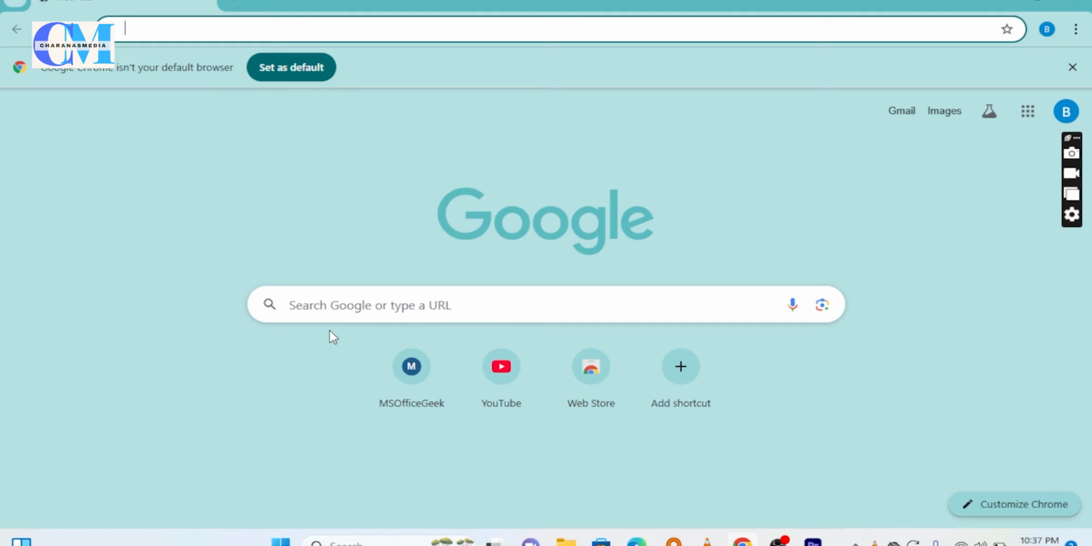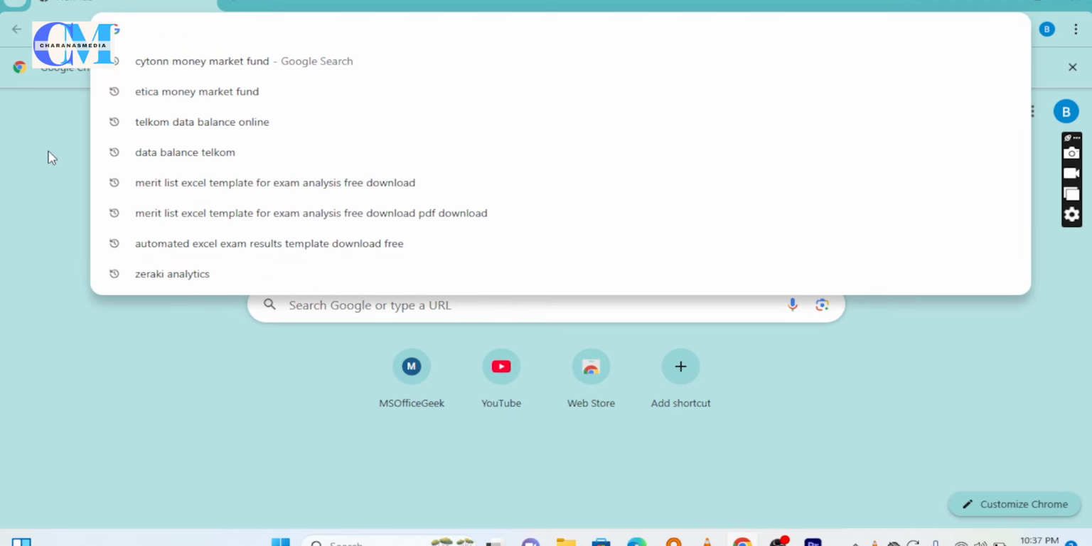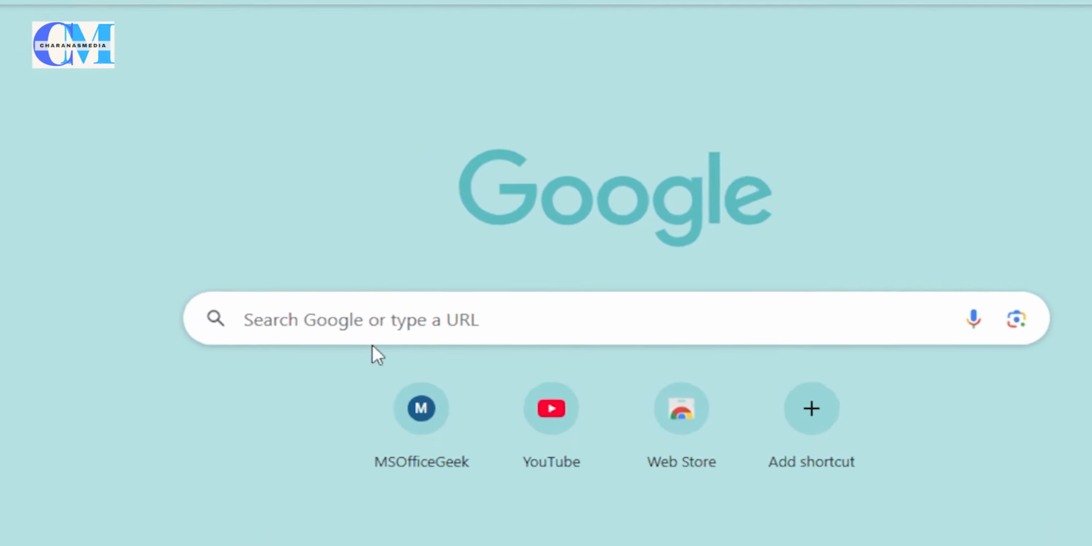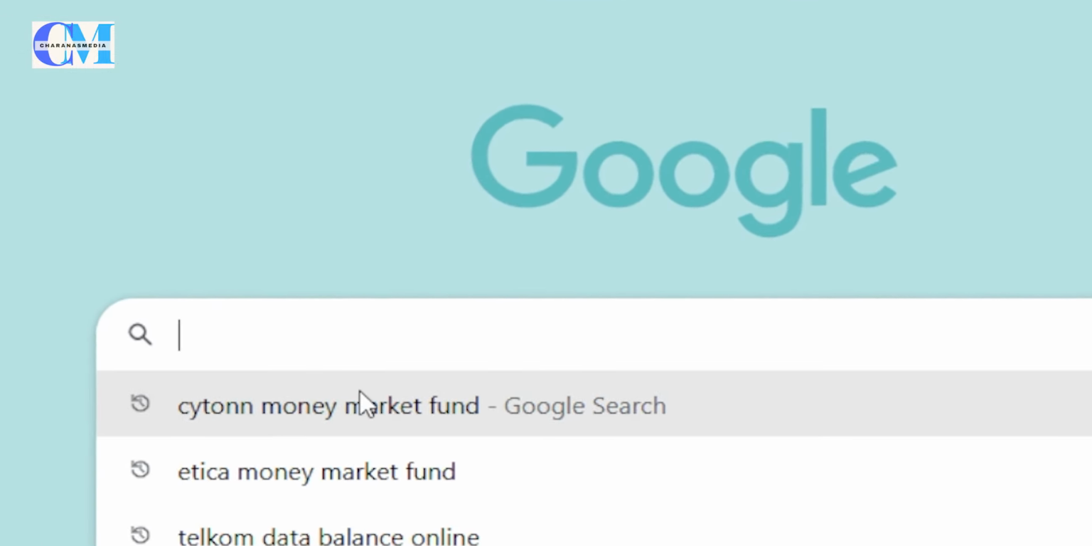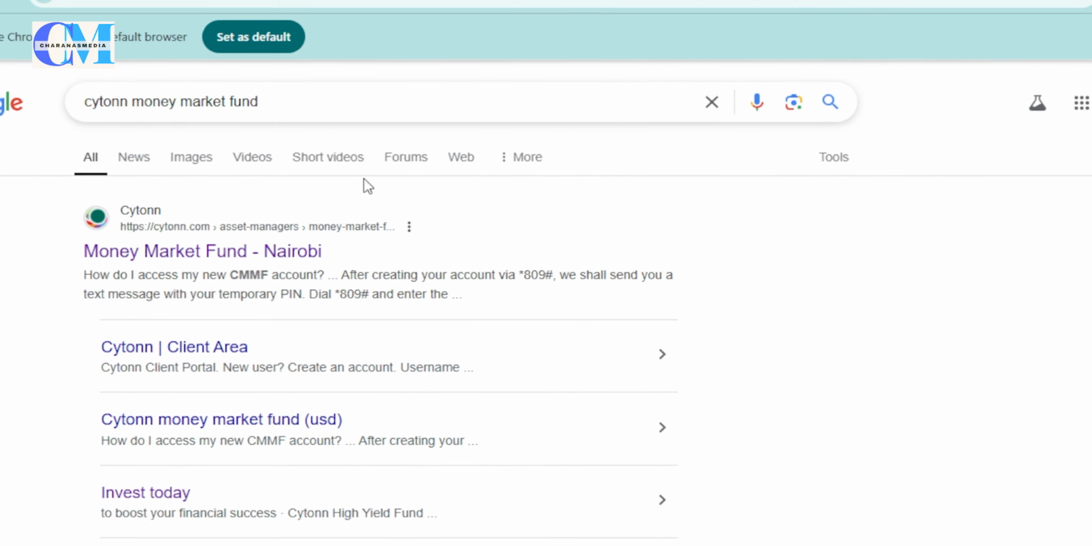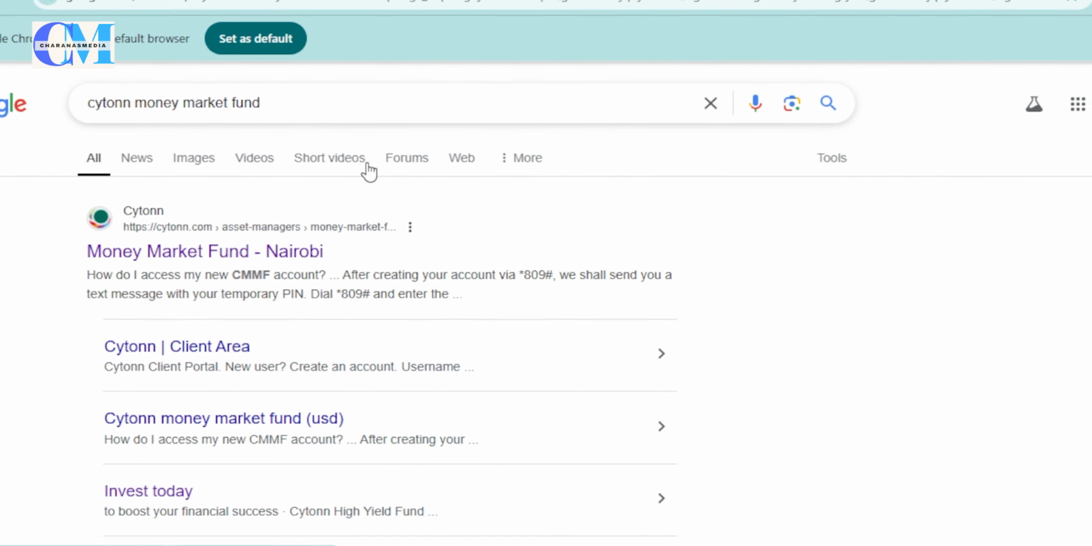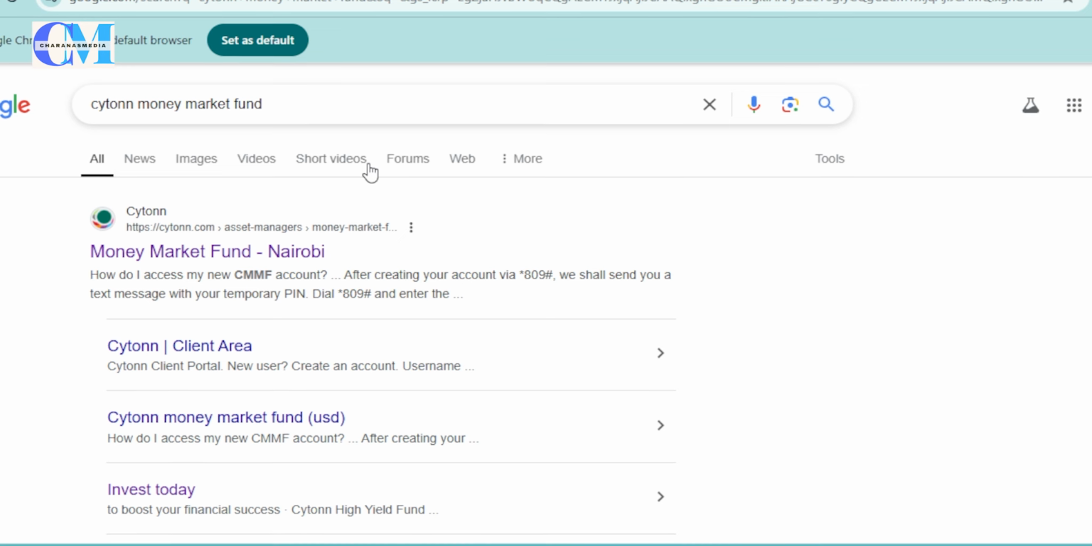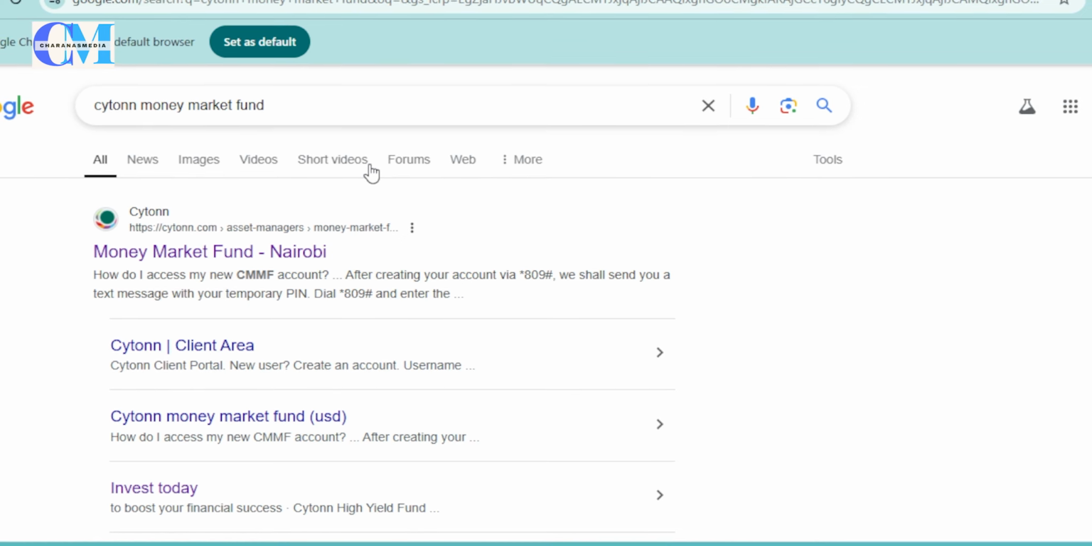So this is how you can open an account with Cytonn Money Market Fund on your browser. Search Cytonn Money Market Fund. In this case, I'm using a browser in a computer, that is Chrome. If you have a phone, you can still use your browser. You can use either